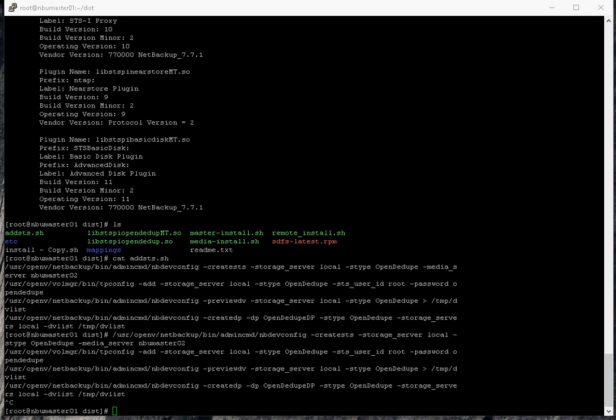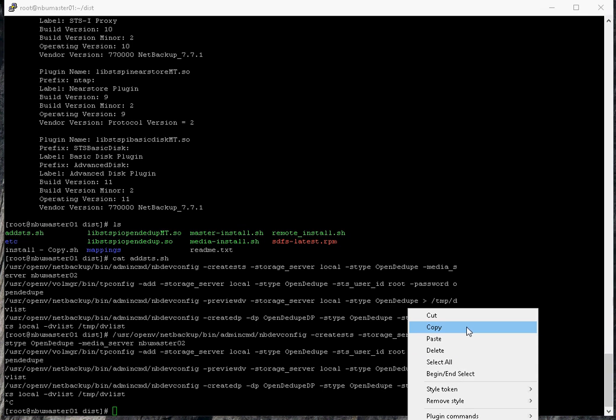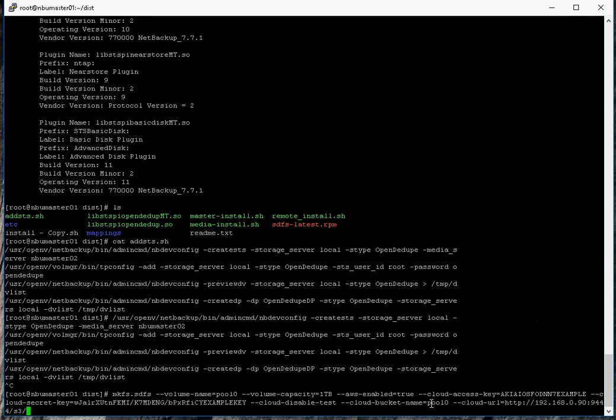I have a mock S3 server in my lab, and I'm going to set it up as the backend target for the storage data using the makefs.sdfs command. What you'll see here is I've already installed SDFS, and